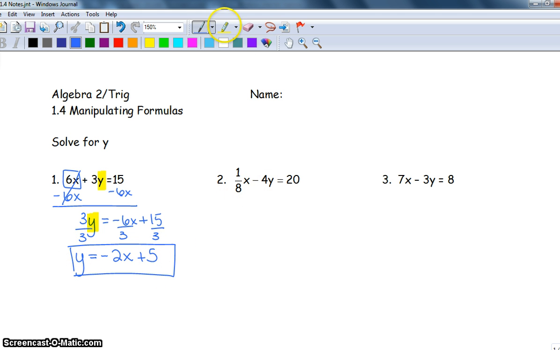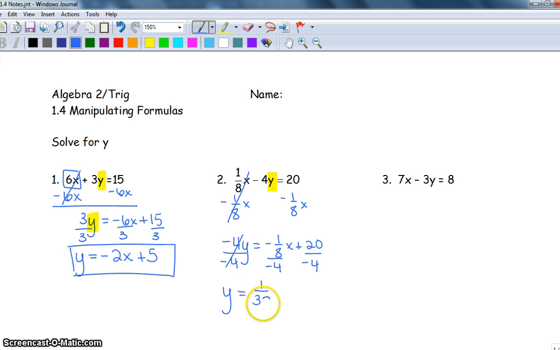Number 2, again, we are going to isolate our y term. Before I can break apart the negative 4 from the y, I've got to get this entire term isolated. So I want to move the x term over. I subtract 1/8 x from each side. That cancels. I've got negative 4y is equal to negative 1/8 x plus 20. Since y is being multiplied by negative 4, to move it to the other side, I divide each side by negative 4. That cancels. I've isolated y is equal to positive 1 over 32x